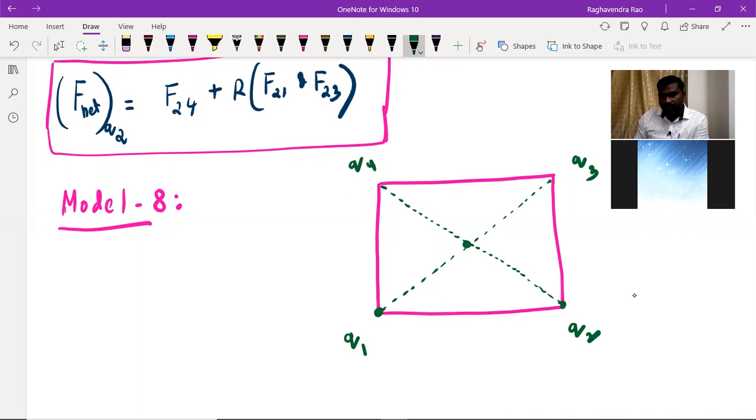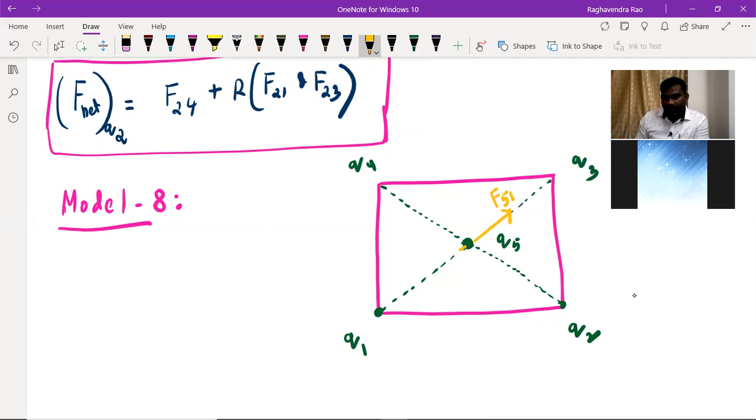Now one charge is placed at this point. Now what is the resultant force on this charge Q5, which is placed at the center of the square? Now Q1 will exert a repulsive force on this, all are positive, like this. This is the force on 5 due to 1.